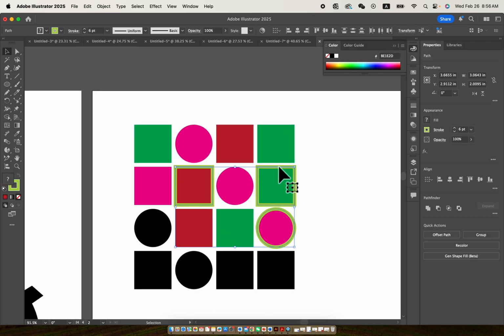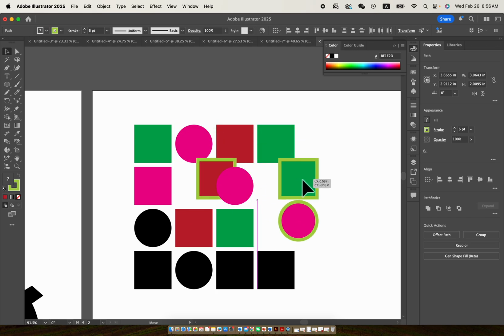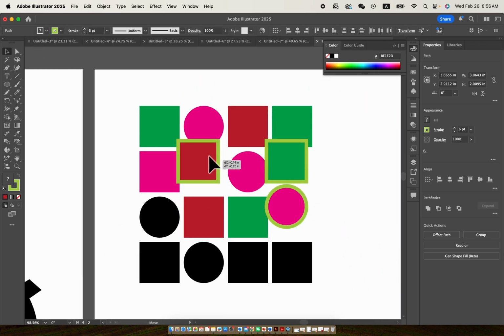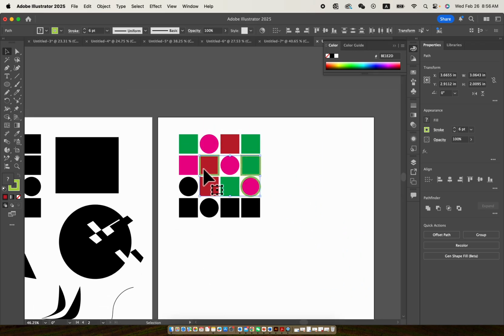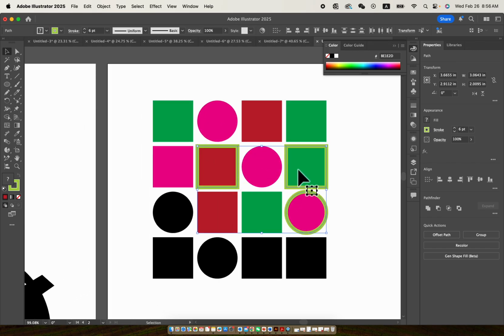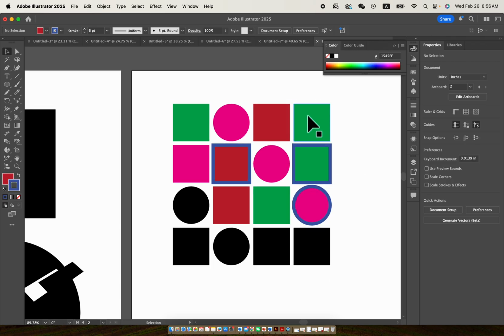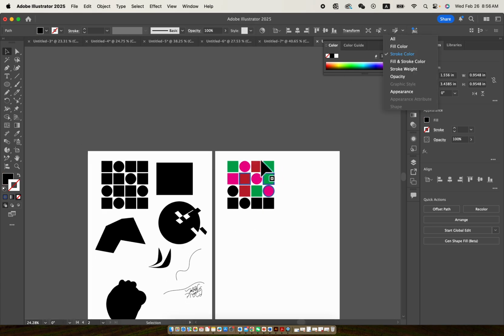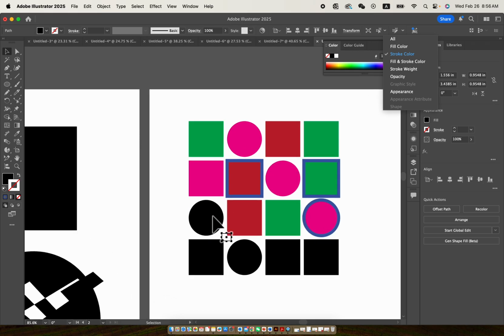you can see it helps me pick everything with the same stroke color, which is the green with the green outline. Other elements don't have a green outline, so it helped me pick these three elements, and I can change their color just by one click. It helps you pick the similar elements in your artwork. So for the black one, let's try